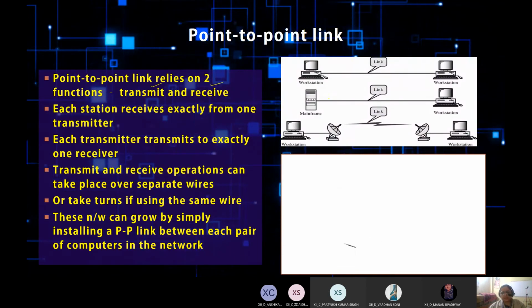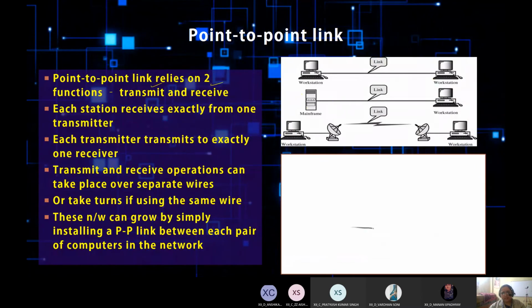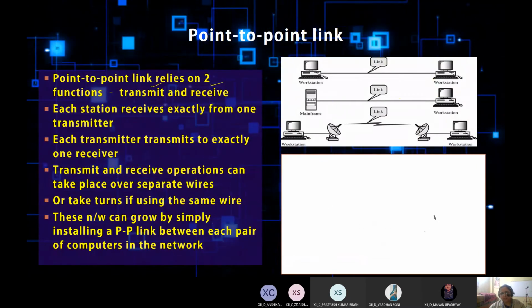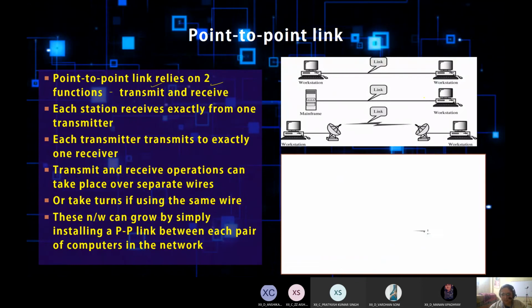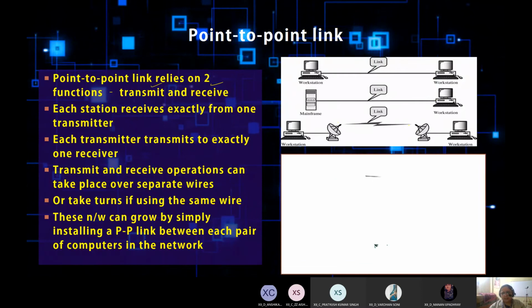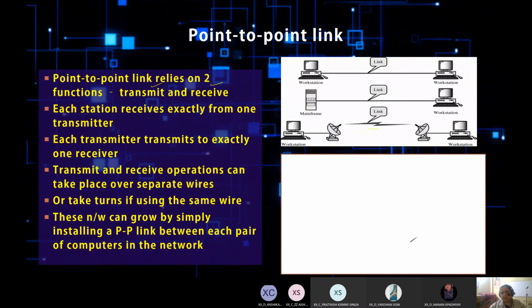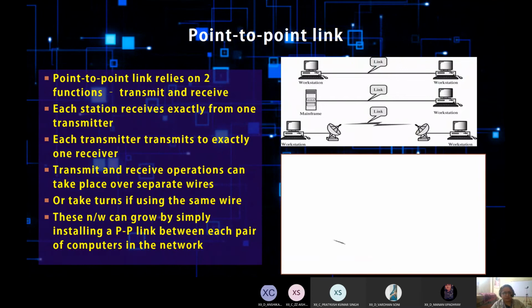So here you can see a workstation, and in between you have a cable as a link, a mainframe and a workstation. Both have different configurations, different speeds, different storage capacity. They are also connected through a link, and sometimes workstations are also connected through an unguided medium, that is a wireless link also.